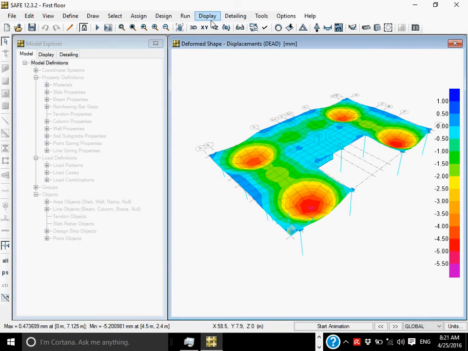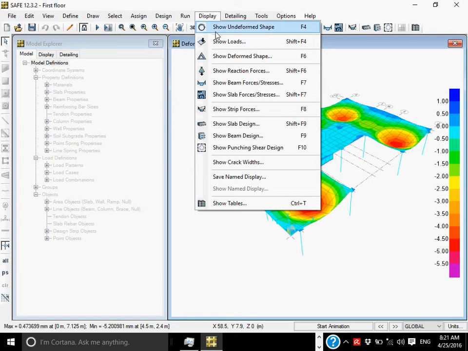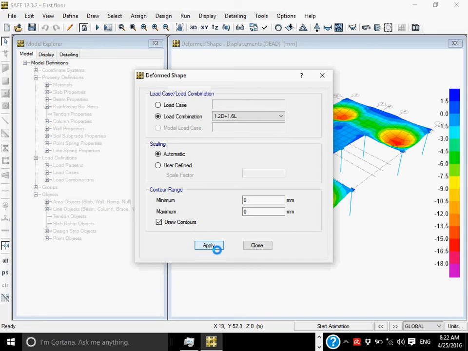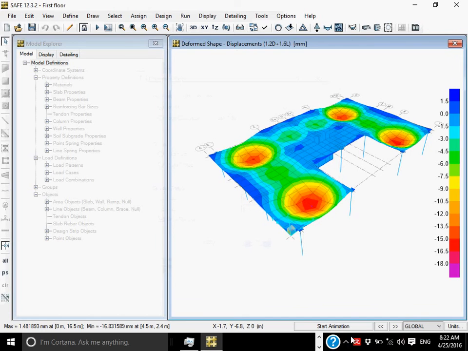And if you go to display, show deformed shape, maximum deflection is around 18 millimeter. I think it is at the verge.